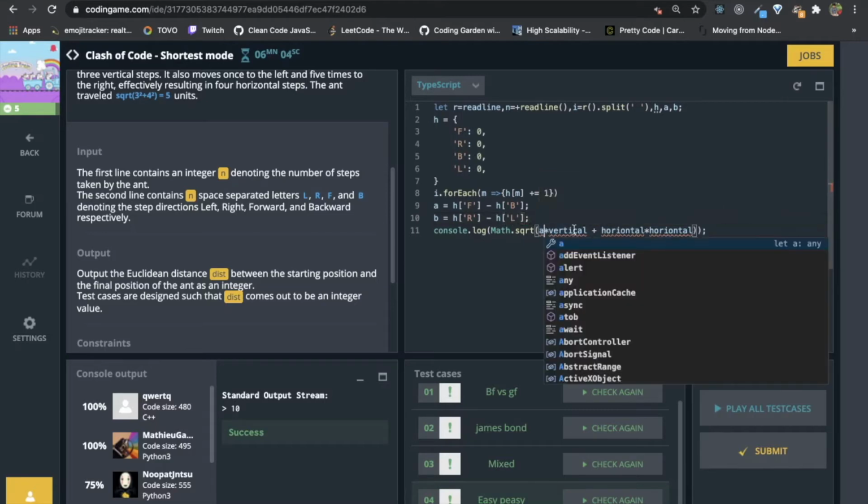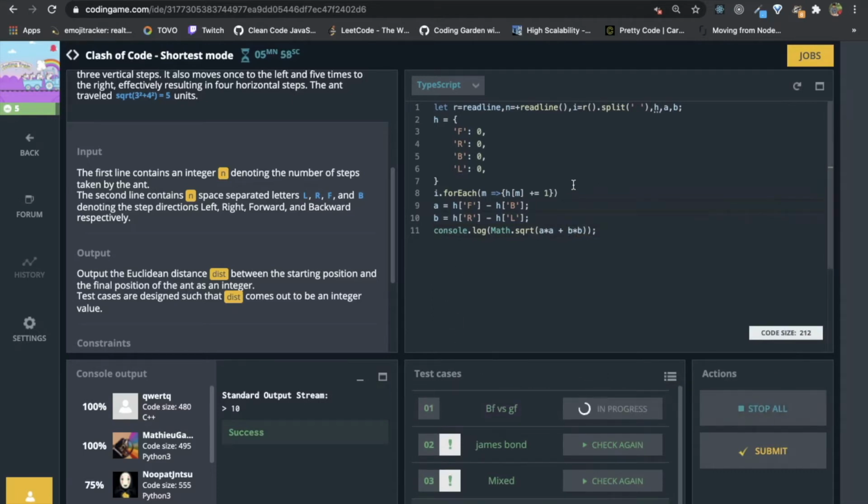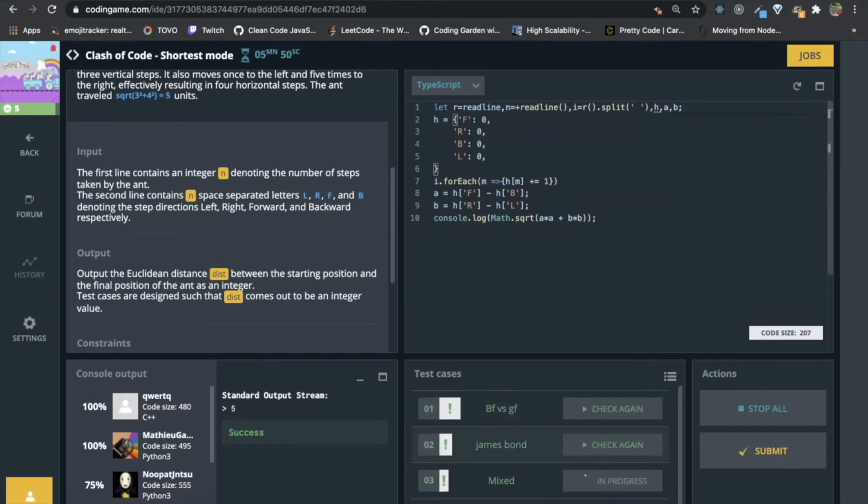Now we have A, B. Let's run it. We are at 212. Right, this in the same line.